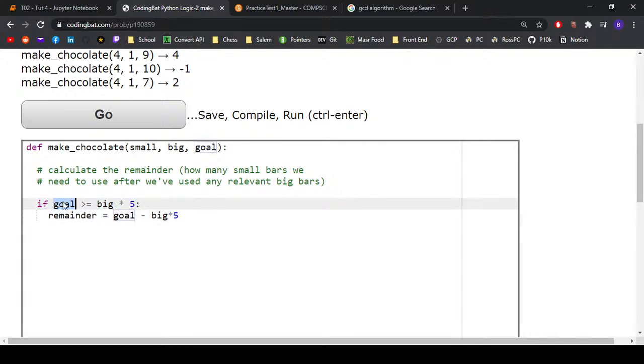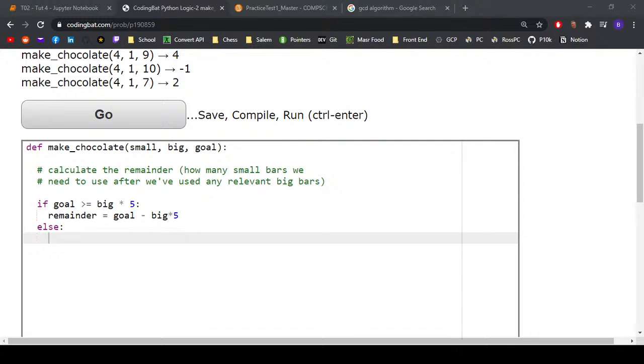If the number of kilos we want is bigger than what all of our big bars can supply in total, then the number of small bars that we're going to need is just the difference between that goal and the number of kilos that our big bars will provide, right? So that makes sense. And then if it's not, which means that the goal is less than the number of kilos that our big bars can provide, then that means that we have more than enough big bars to do the job, and the number of small bars we're going to need is actually